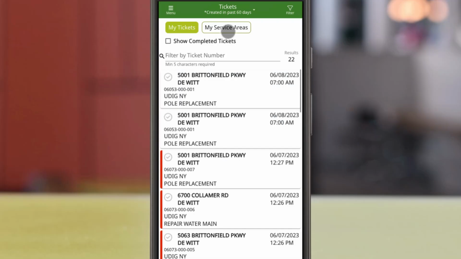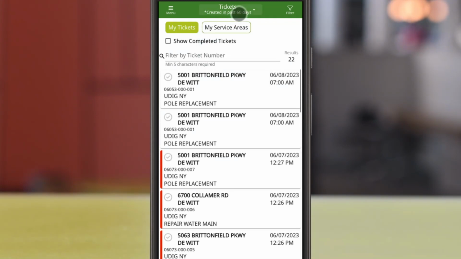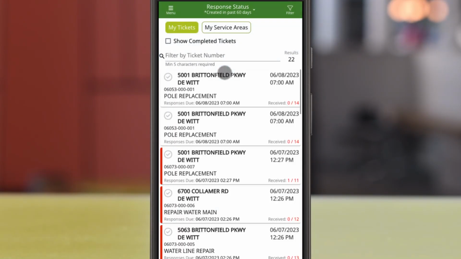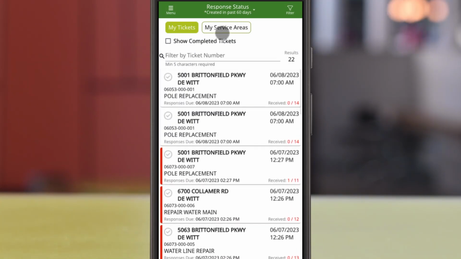Because this video demonstrates a dual role, member positive response and excavator ticket creation, you will find that depending on which dashboard and view you are on, your available actions will change. If you submit a location request that is also notifying your associated member service area, you will be able to add response and also mark work completed. However, if you submit a location request but it is outside of your member service area coverage, you will only see this location request on your My Tickets dashboard, and the only action available from the Actions window is to